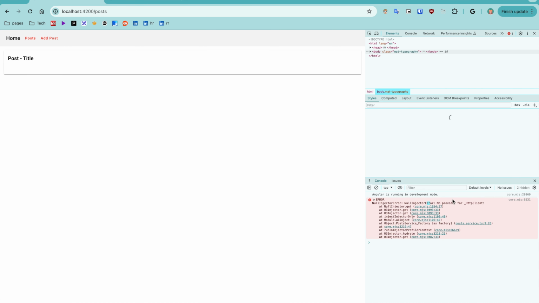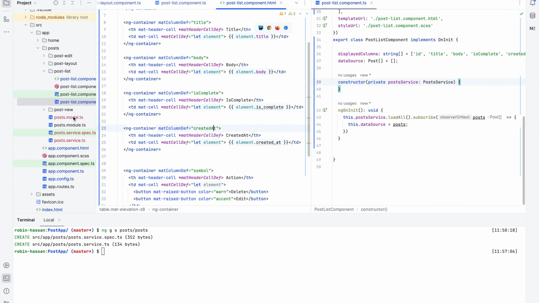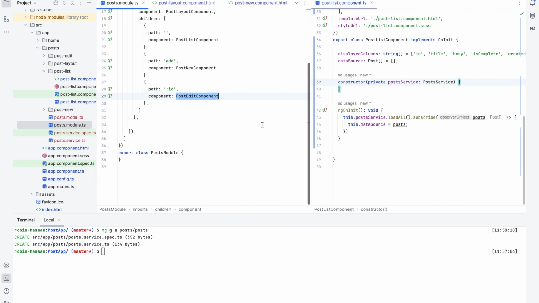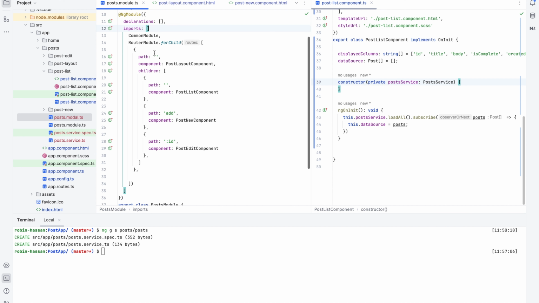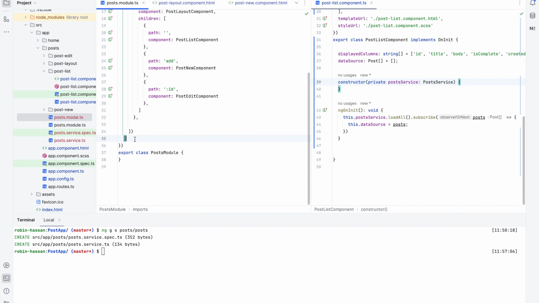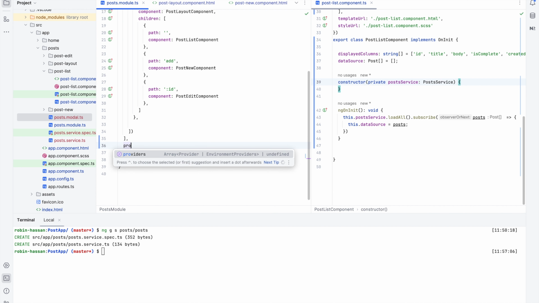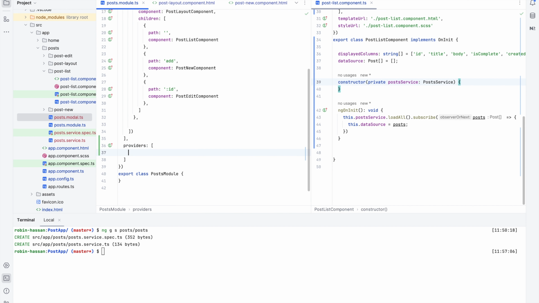Okay, so if you see this HTTP provider error, this is because in the module we didn't use the provider. So what we can do is we can do provider, we can say post service, sorry,